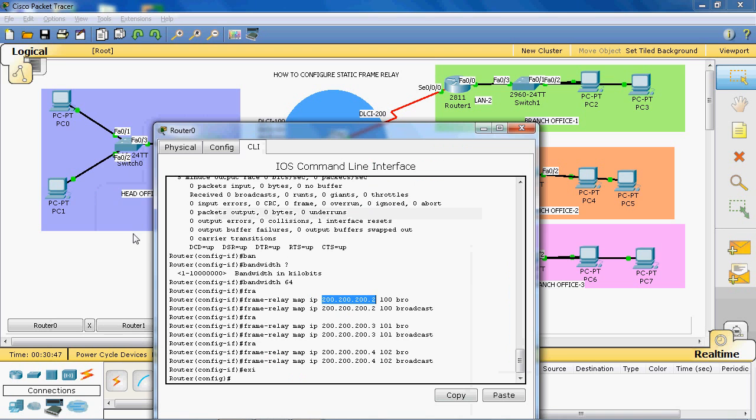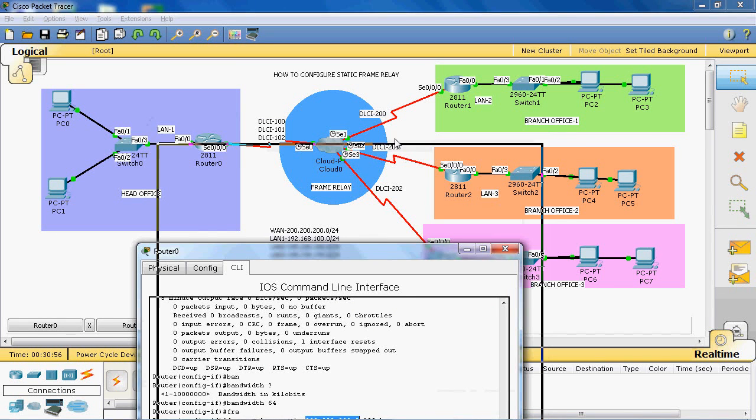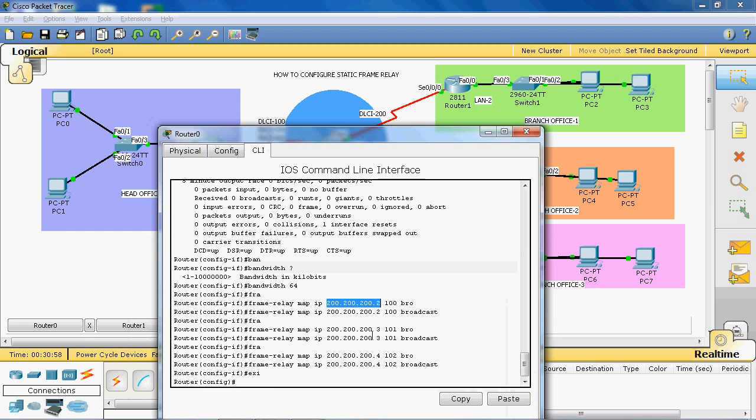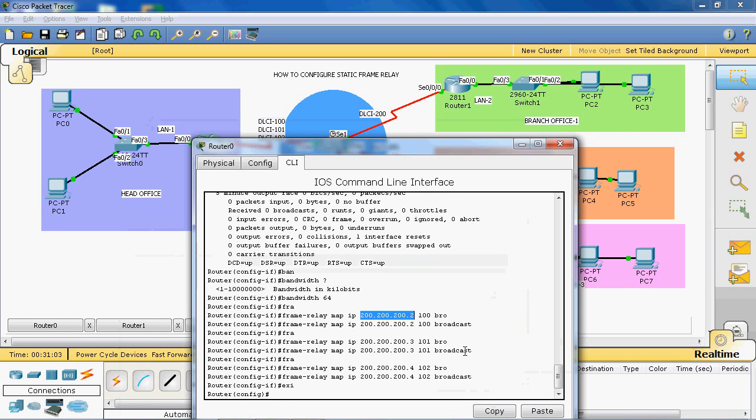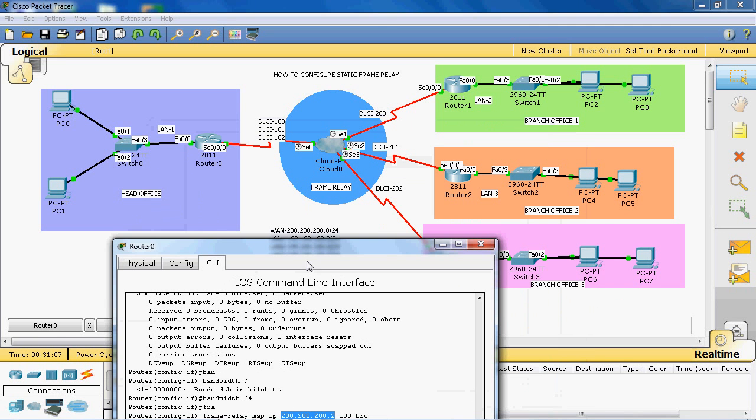Then we send the packets from head office to branch office 2, so the frame relay map IP, then branch office 2 router 2 IP address is 200.200.200.3, so the DLCI value is 101. Then we give the broadcast. Next, head office to branch office 3, so again we give